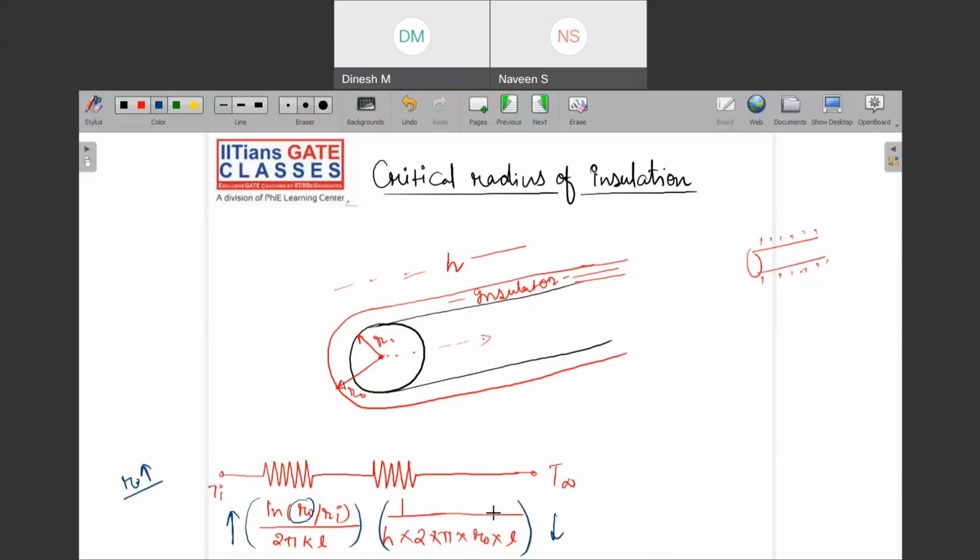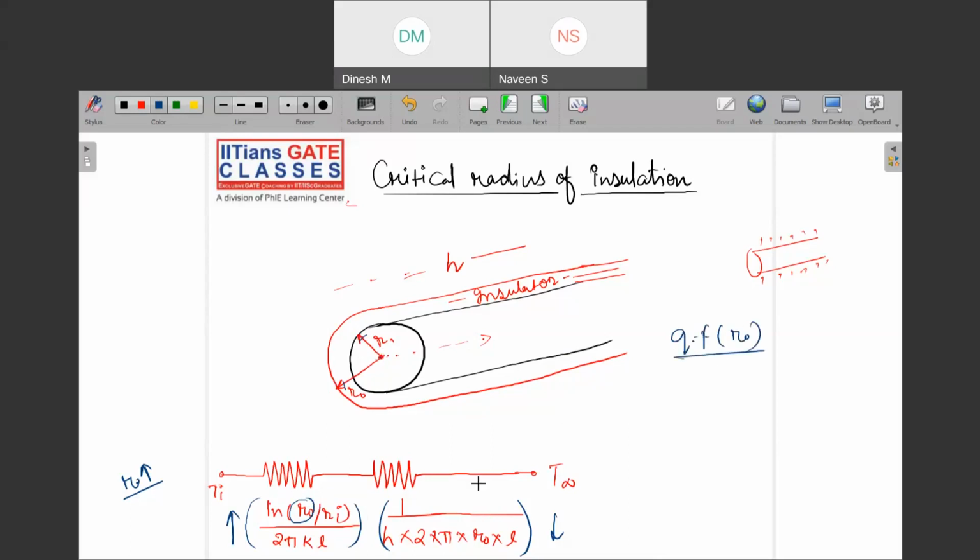Then you will have to look at the overall effect. It might happen that up to a certain point one term is dominating, and after that the other is dominating. If you are willing to find the optimum value of R0 for which your heat loss is maximum, you will have to find the optimum balance between these two. Since the inner radius is fixed and you cannot change it, q is a function of R0 only.